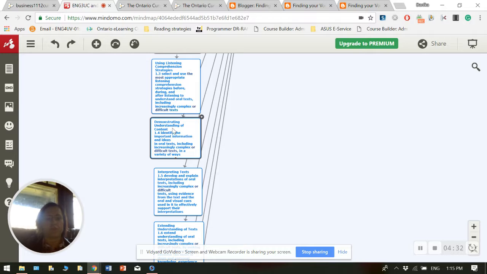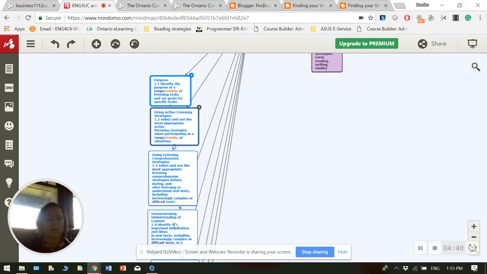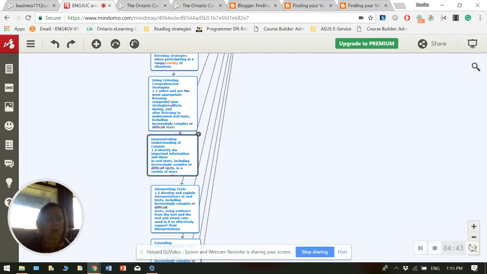So, for example, under demonstrate an understanding of content, so again, this is for the oral communication strand, and specifically the listening to understand. So content for listening to understand, the 3U uses the phrase the most appropriate listening strategies, whereas the 3C just says use appropriate listening strategies. So the 3Cs would be expected to understand what's a good listening strategy that would work for this task. Whereas the 3Us would have to go, I know here are a few different things that would work. This is the best of those.